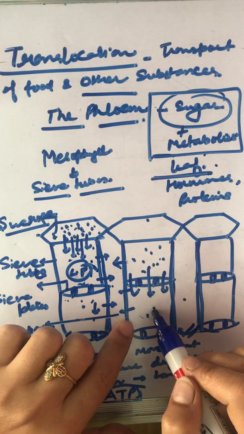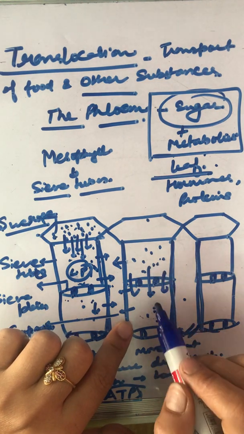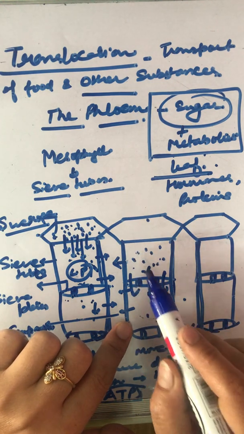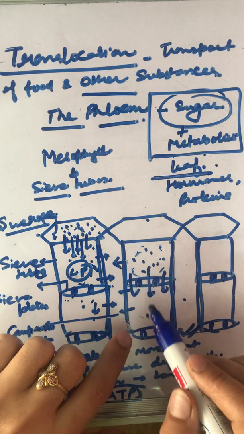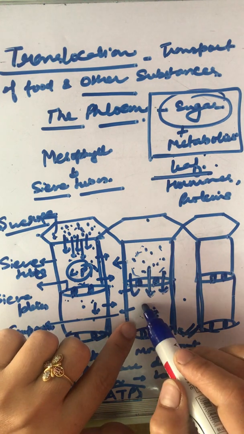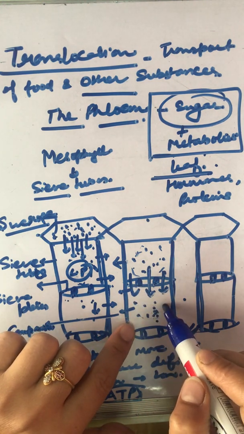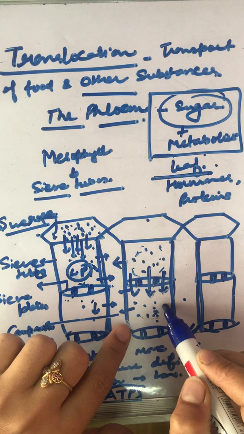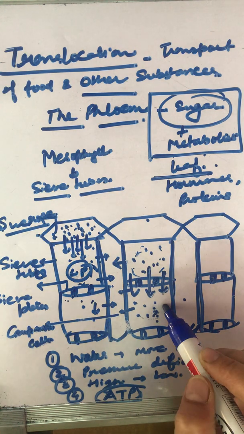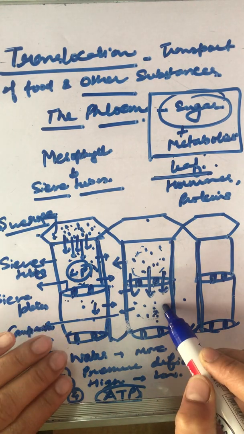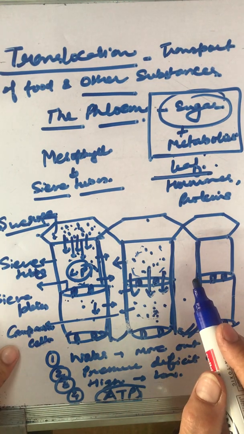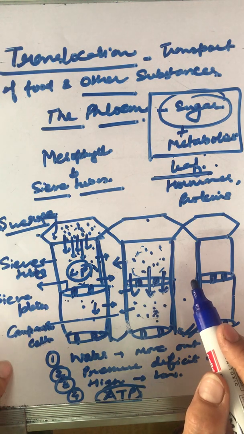This is known as active transport, and this active transport will facilitate the movement of molecules which are there in the nearby cell in abundance to the following cell through these sieve plates, that too by utilizing energy, and it's a very slow process. It's not as fast as the ascent of sap, where a column is maintained and the transpiration process is taking place. All right, this is an energy driven process. It's a bit slow process.